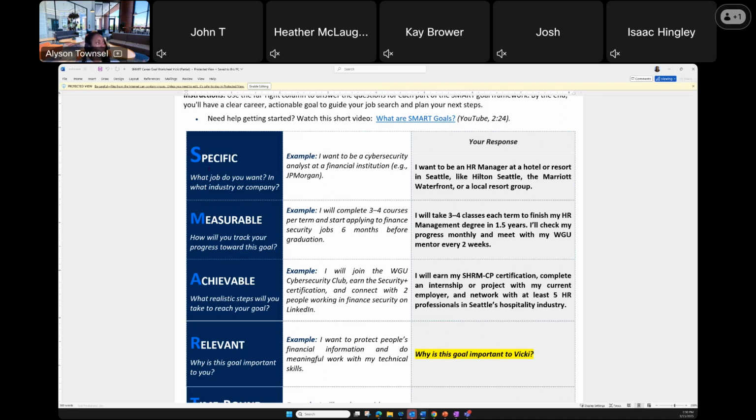Okay. So now let's talk about achievable. So now that we have a method of tracking, how will she know that it is achievable? You think about the realistic steps that you would need to take. So that includes some research. It's one thing to say you want to be the HR manager, but you got to do some research about what is required for that particular goal to be attained. And so in the case of Vicky, she wants to earn her SHRM CP certification. She wants to complete an internship or project with her current employer and network with at least 5 HR professionals